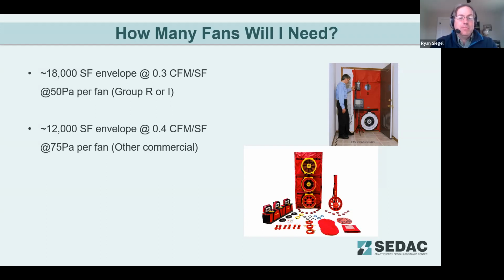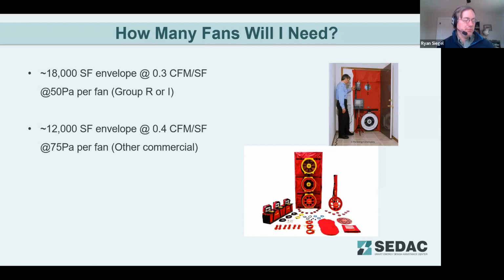The earliest a test can occur for code compliance is once the air barrier is completed and the necessary penetrations have been made and sealed. So most everyone got those correct. This is one area where we do see